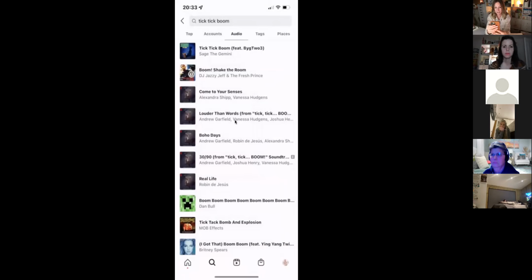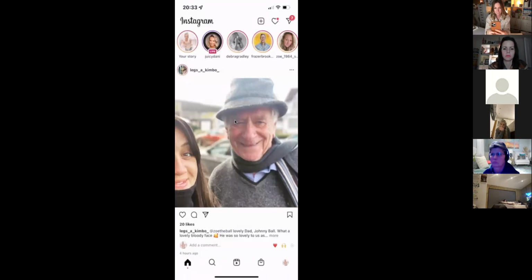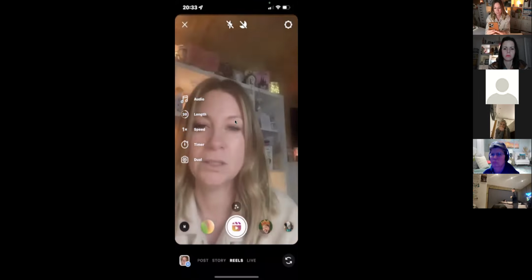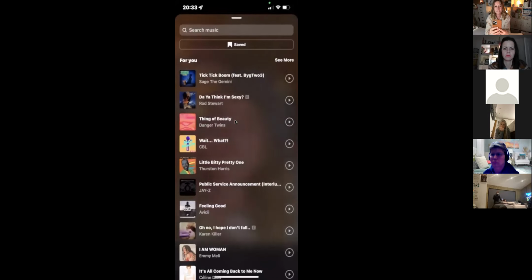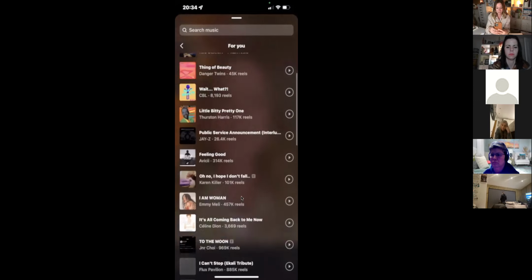There's also another way to see the trending ones, and I can't remember for the life of me how to do it. There's also a way. So when you get to this page, when you go to music, you can click on see more, this little button here. It will give you ones that it thinks that you like. And again, you can see 416,000 reels. Rod Stewart, Do You Think I'm Sexy? 44.2 thousand reels. These are what it's suggesting that you might like. If you then scroll down,